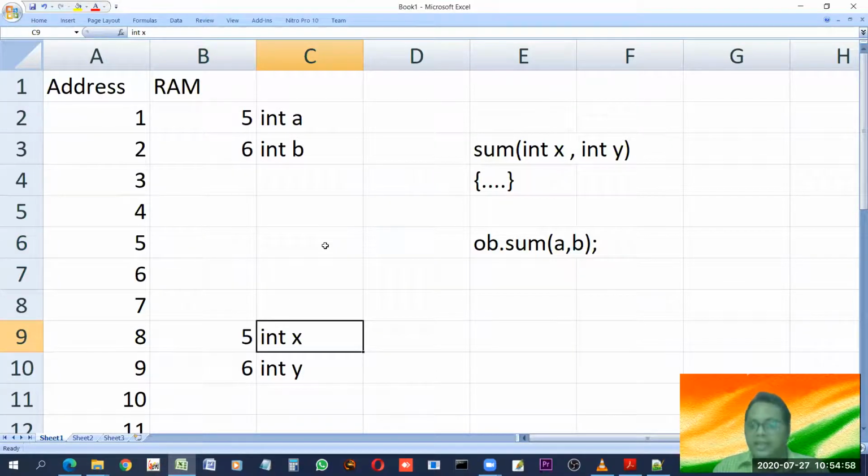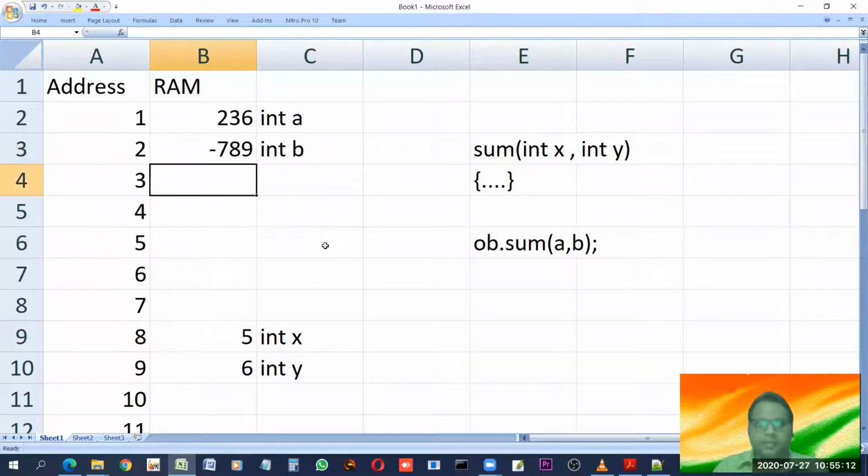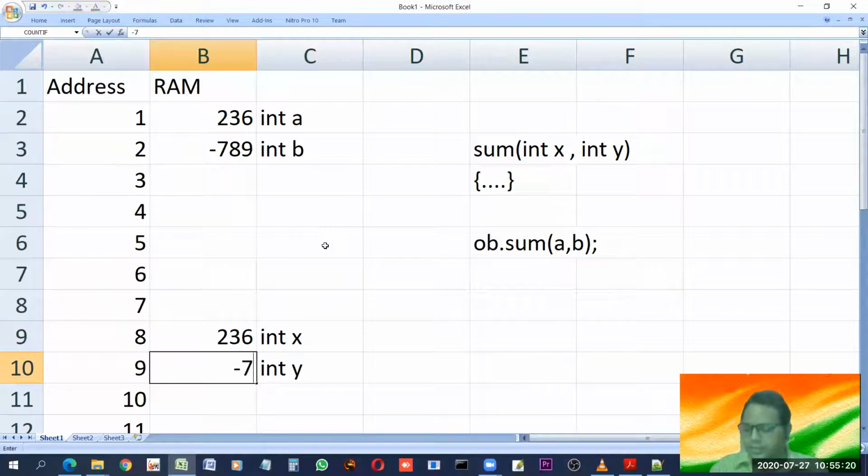Address is just the rack number of an almirah, or here in this case the cell number in RAM, whereas the value is something else. Or let us give another value, 236 and minus 789. Suppose this is the case now. Now when we call this function, the value of x will become 236 and y minus 789.